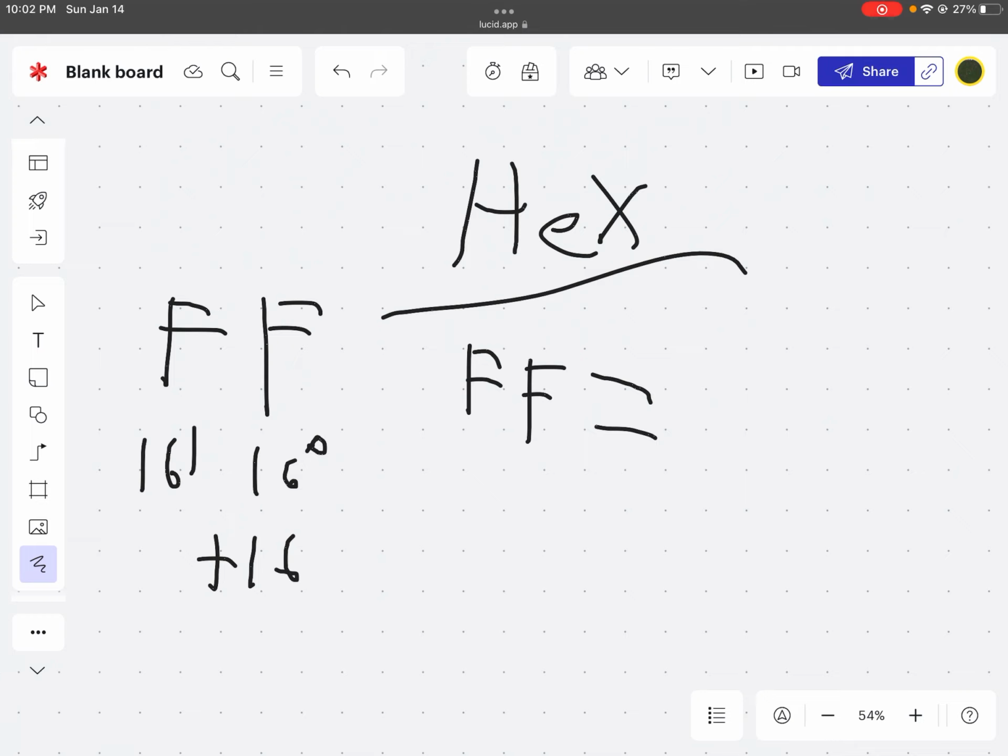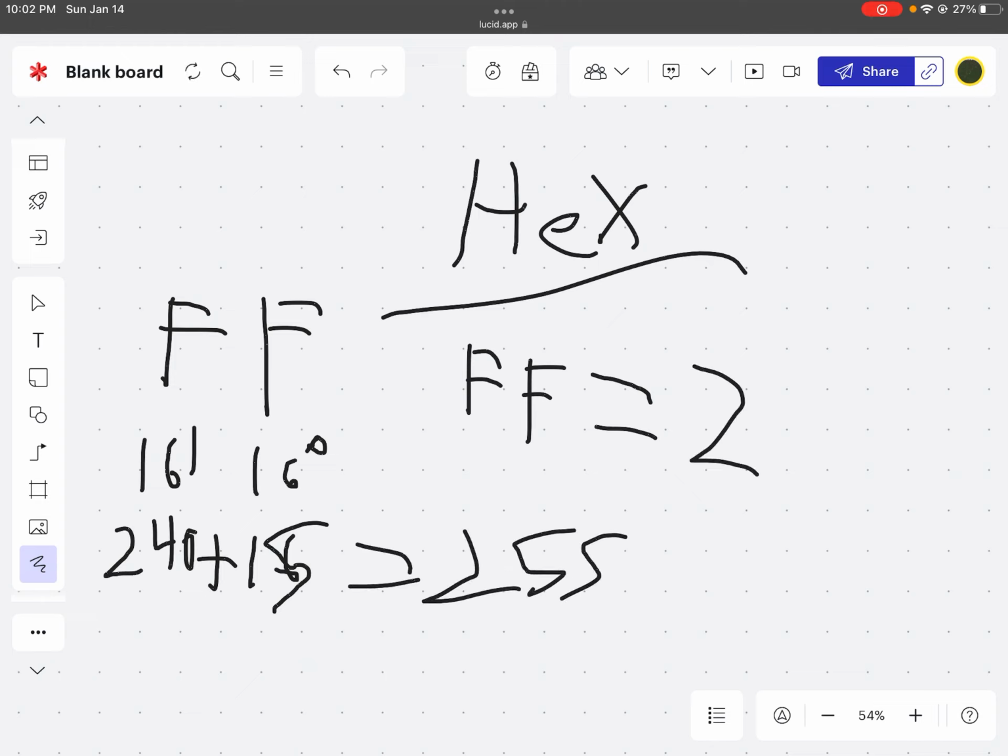Hold on, let me think. Wait, no, sorry. F is 15. So, in reality, this is actually 15. I messed up my calculation. 240, because it's 15 times 16. So then 240 plus this, so this would be 255. That's also the secret behind